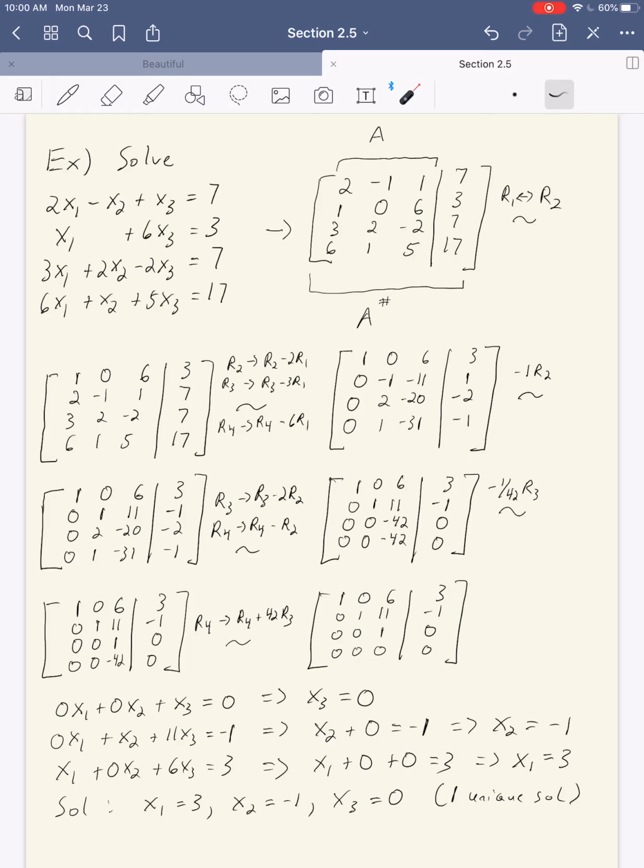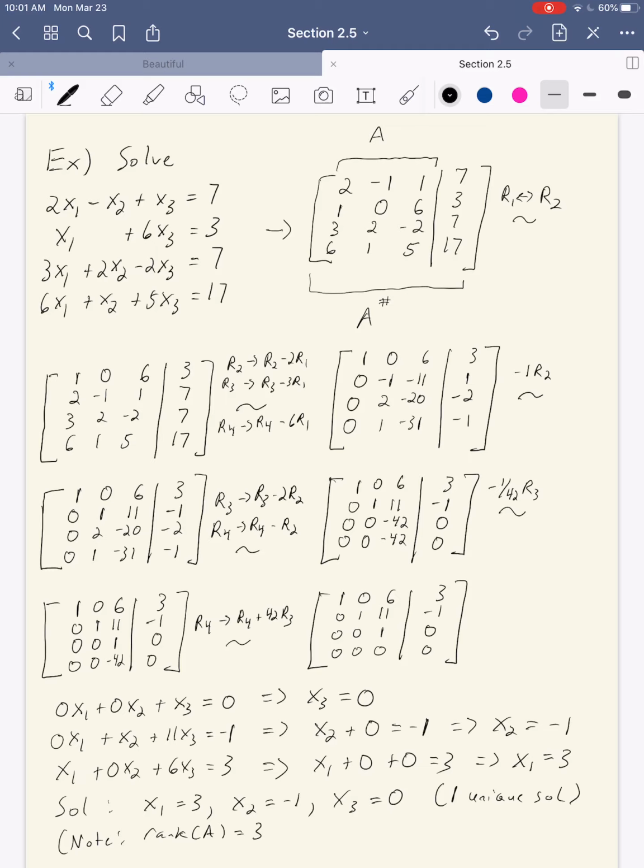Now, I do want to make one comment about the fact that this came out with one unique solution. And I want to tie that in a little bit to some of the comments that we made about rank. So I want to make a note here. If we look at this, when we took this matrix A and A augmented, and we went all the way down to the row echelon form, remember row echelon form allows us to talk about rank. So if we look at this section right here, that tells us that the rank of A